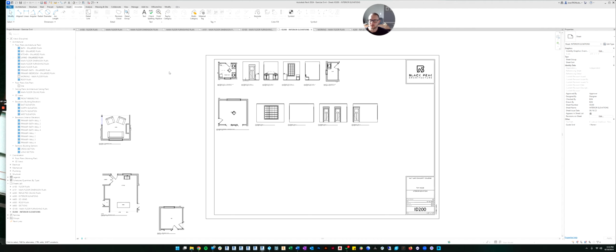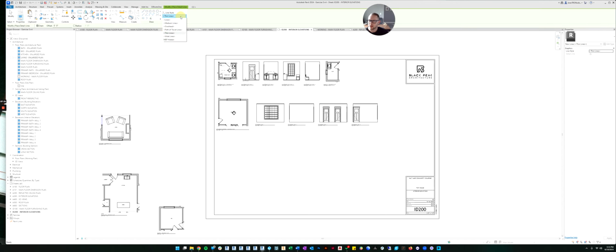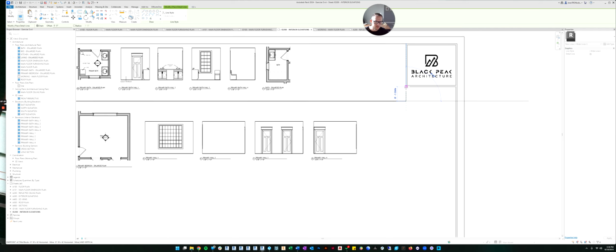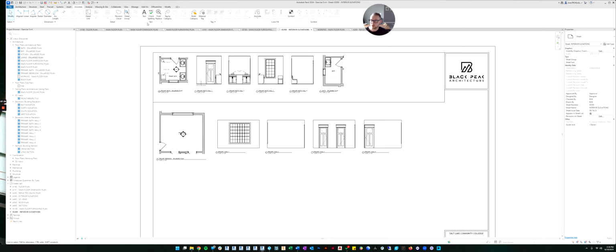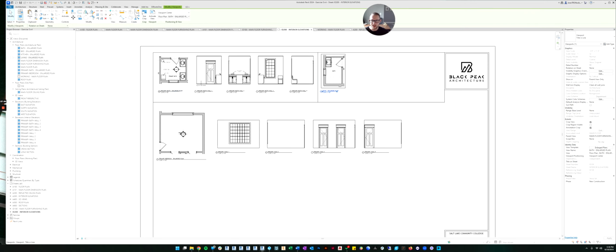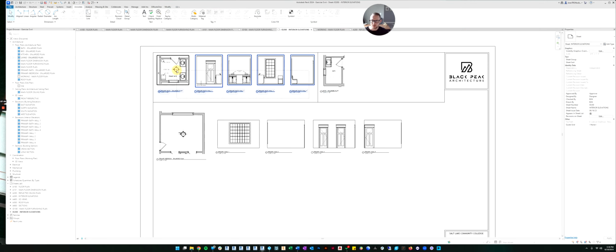Then again, on the sheet, you can go back up here to the detail line. And let's pick a wide line. And let's divide that up like that. In fact, I would even do a detail line between this room and this room. That way you know all of that bathroom is right there.